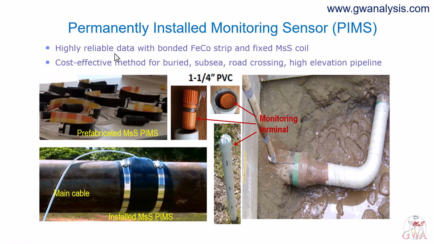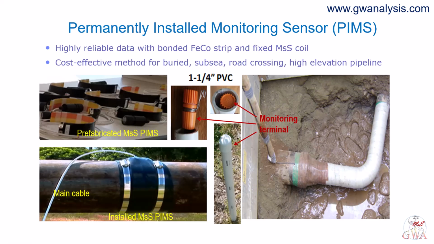That is what allows the claim of highly reliable data over long periods, and it is why the PIMS is cost-effective for buried, subsea, road crossing, and high elevation pipelines. In each of those, getting a person to the pipe is the expensive part, and this installation removes the need